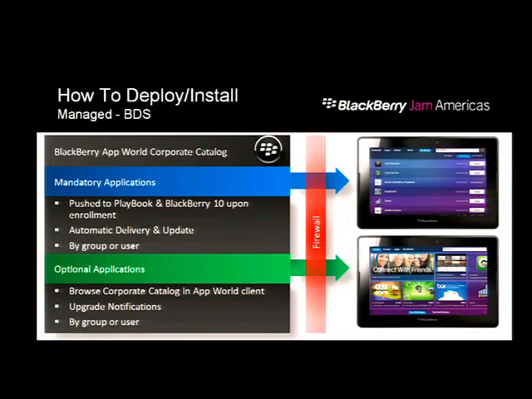So you've got the capability to push something out and say, sorry, we want you to have the expense account, the expense this, whatever, right? And then optional, I would see the same as what I see here, which is I see a delete button or an install button. So just because it's in my catalog, I may or may not have the thing installed on my device. I can choose whether to put it on or take it off. Again, all using the App World